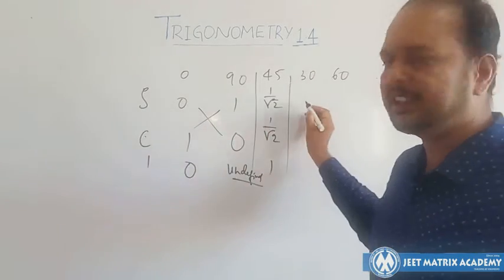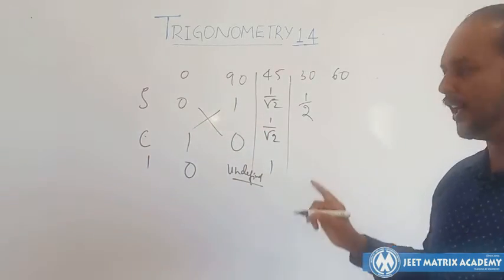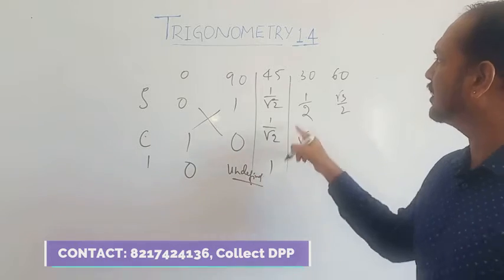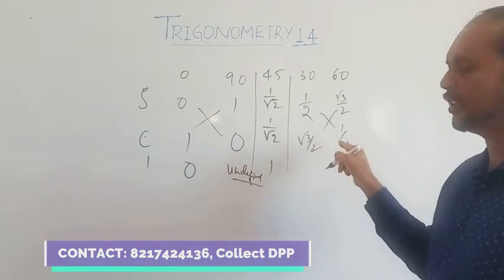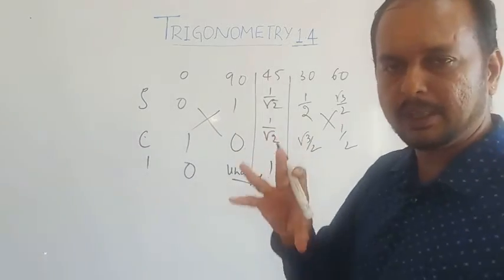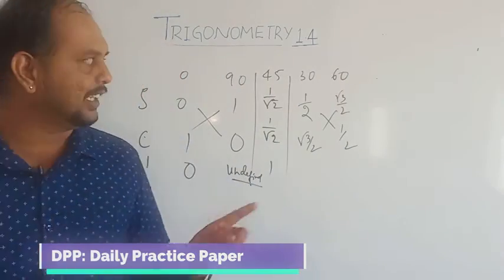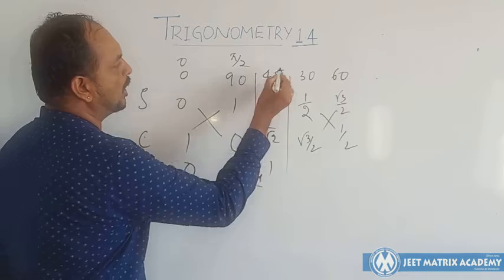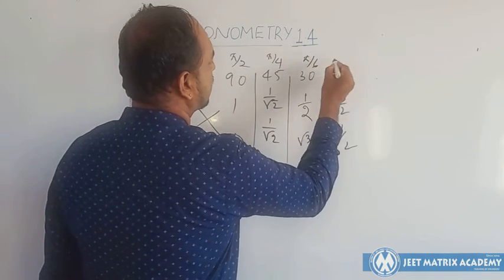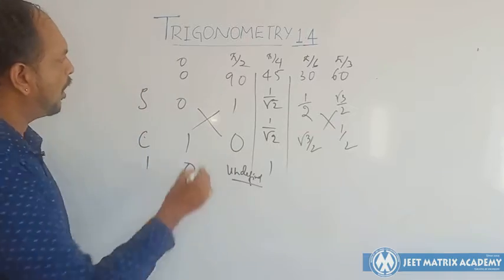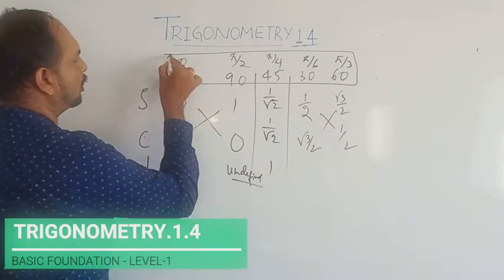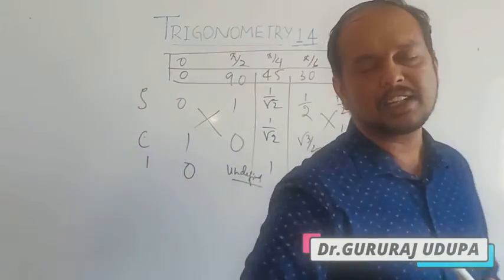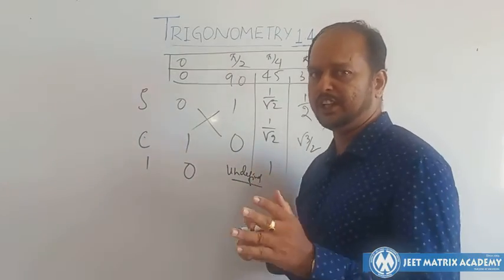Sine 30 degree, if you remember it is 1 by 2, the other will be root 3 by 2, and the same root 3 by 2 right here for cos 30, and this will be 1 by 2 again. So remember this cos pattern in your mind so that you can get everything. All things you can get in one shot. So this is 0, this is pi by 2, this is pi by 4, this is pi by 6, pi by 3. Always remember in both formats, degree format as well as radian format, because they might ask sometimes in degree, sometimes in radian to confuse you.